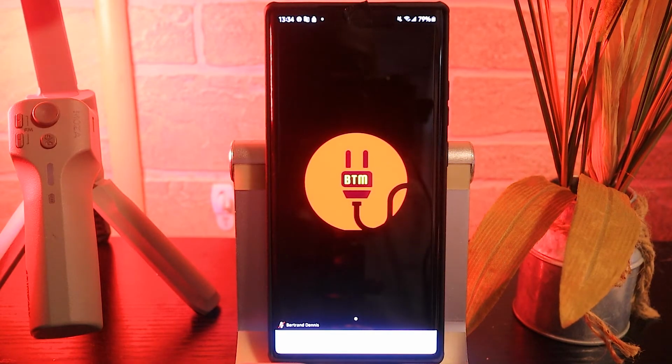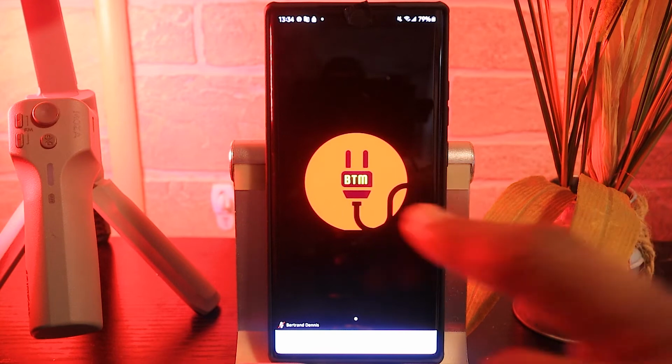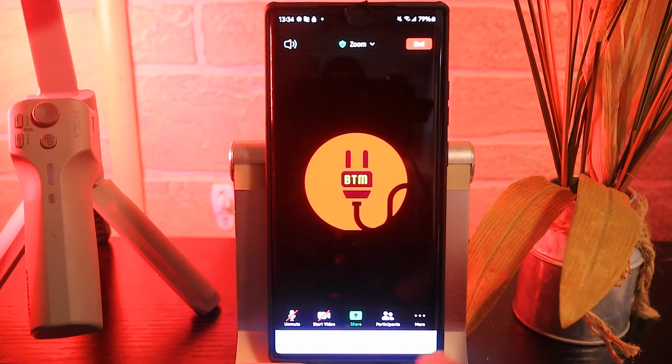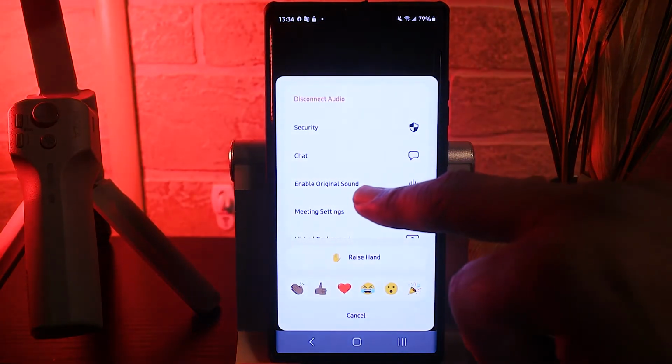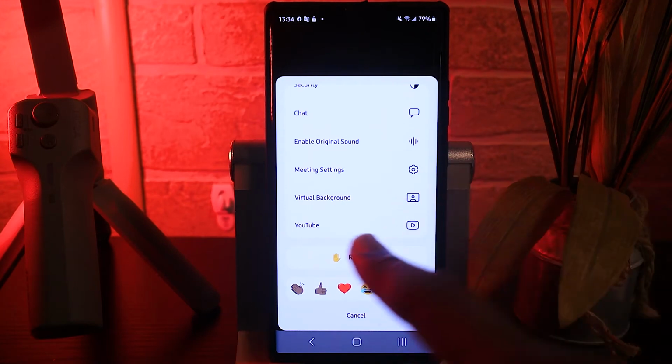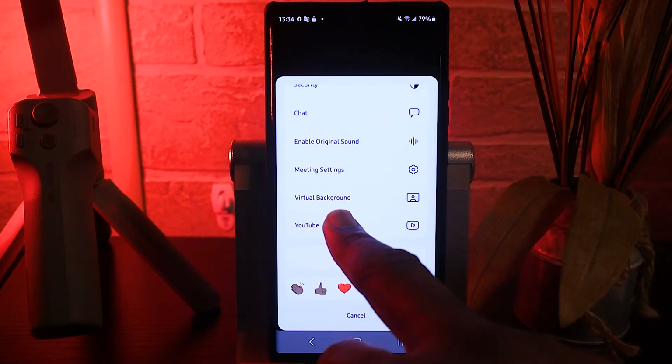In this quick tutorial, I'm going to show you how to add a virtual background to your Android phone while on Zoom. So what you want to do is tap the screen, and then go down to where it says More and tap on it. Then take your finger and scroll down to where it says Virtual Background, and